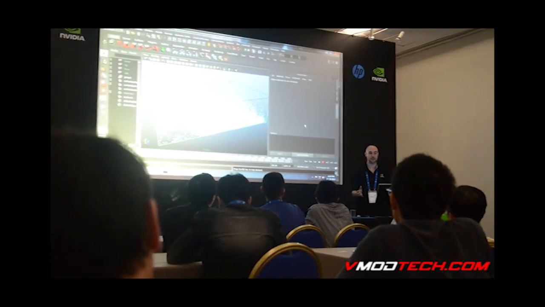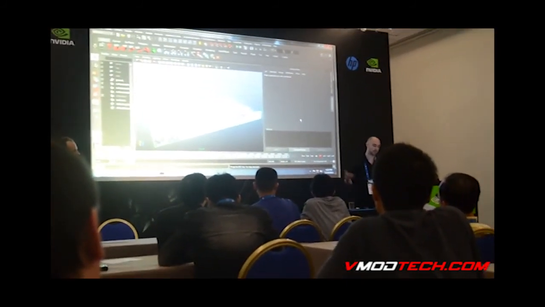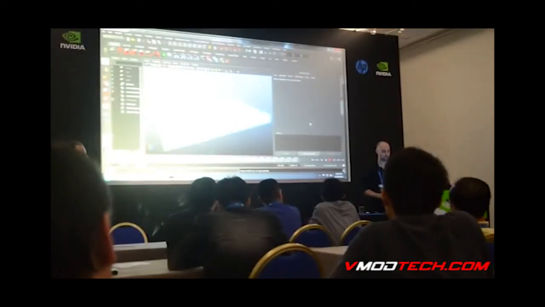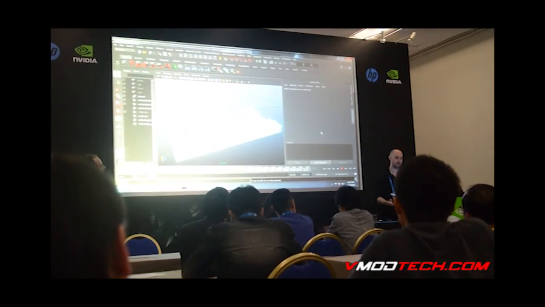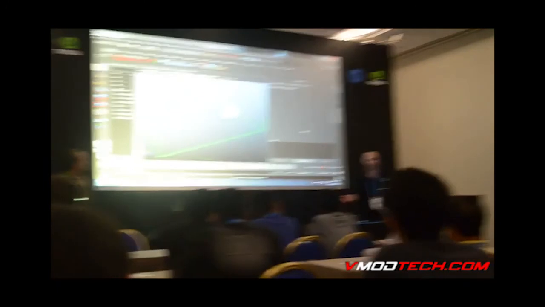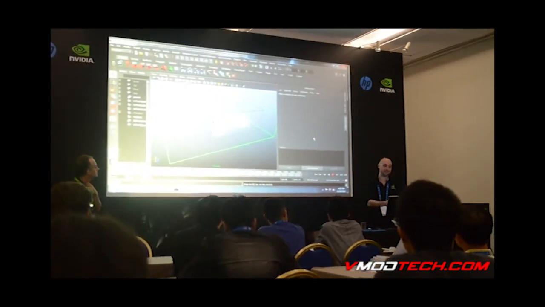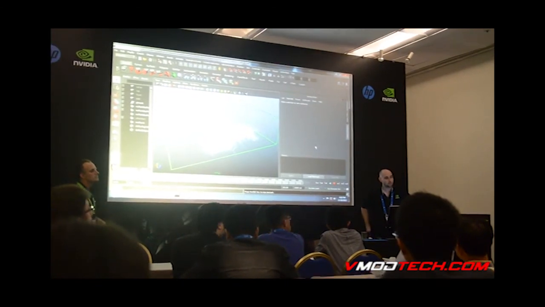And the only thing you're limited by is how much memory you have in the graphics card, assuming you have a certain spec graphics card. And I think that's a very powerful way of working. A lot of people think it's a problem that the GPU is a discrete device. This is saying, well, actually, it's kind of an advantage. You can work at the same time. So Maya is allowing you